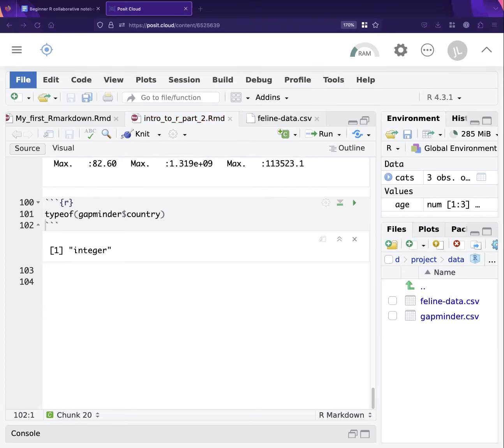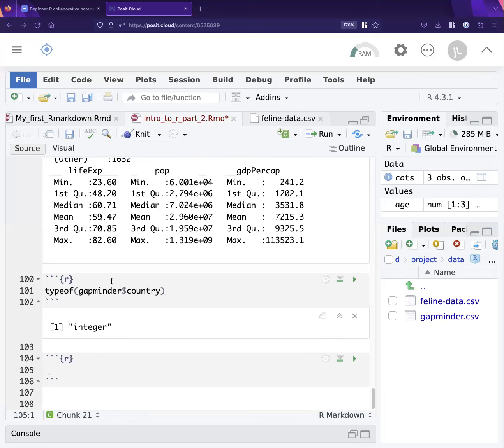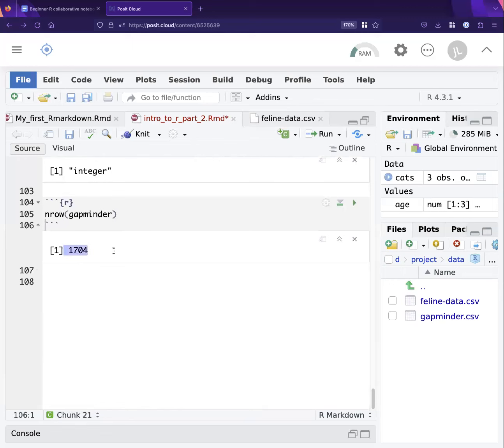Maybe we won't go into those challenges in particular, but just showing that you can do the same thing with the Gapminder data frame as what we did with the simpler data frame, cats. We do nrow on it. Check that out. This has 1,704 rows. No way I'm gonna type that out myself in R,